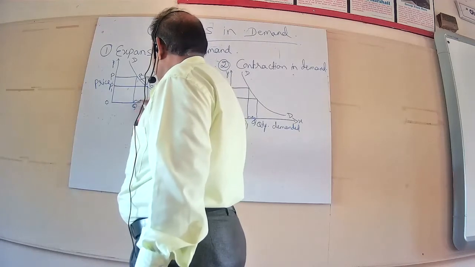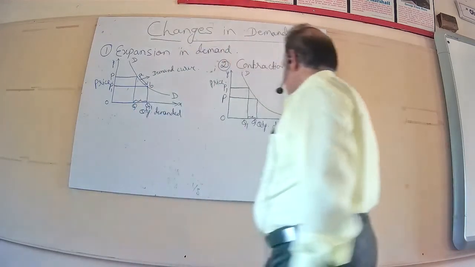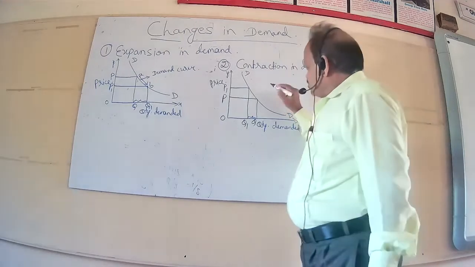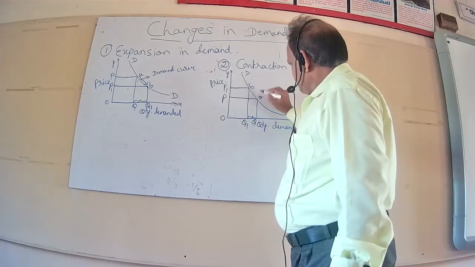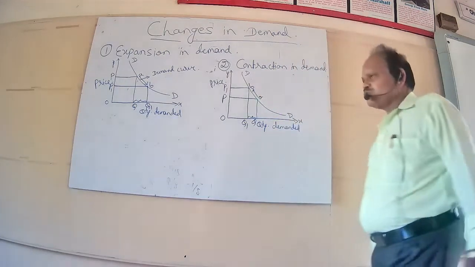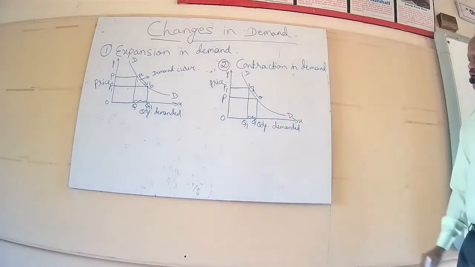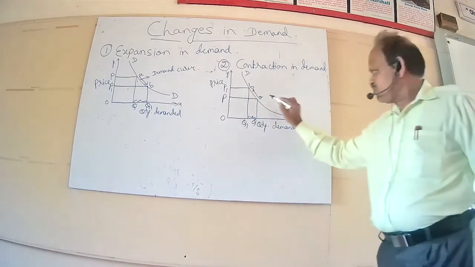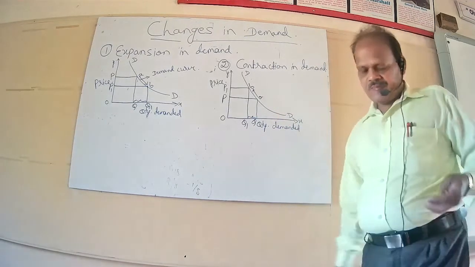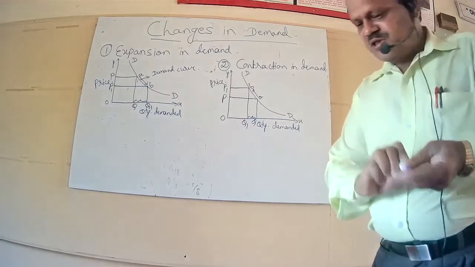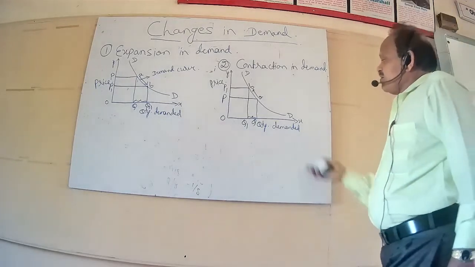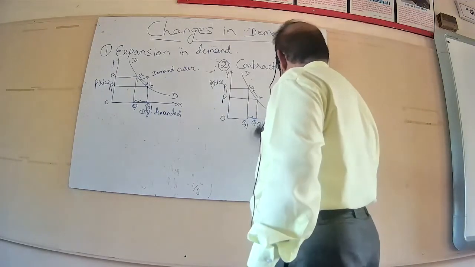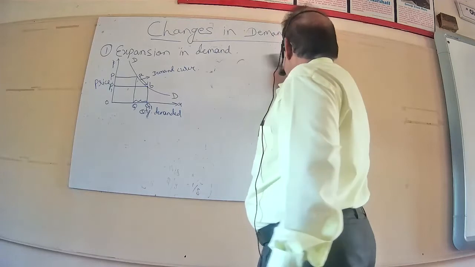The consumer once again will move on the same demand curve, that is from A to B. The arrow mark shown in this diagram shows the movement of the consumer on the same demand curve from A to B. So this is one type of changes in demand. Here price is the major factor and other things will remain the same. Now let us study the remaining two types.